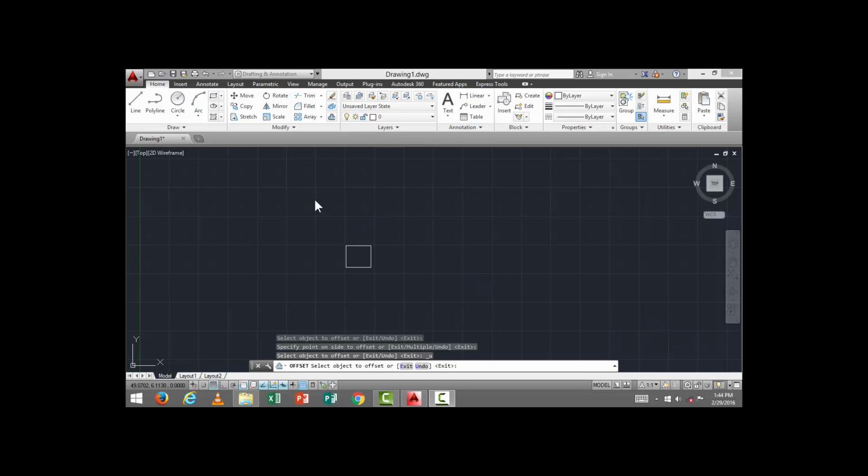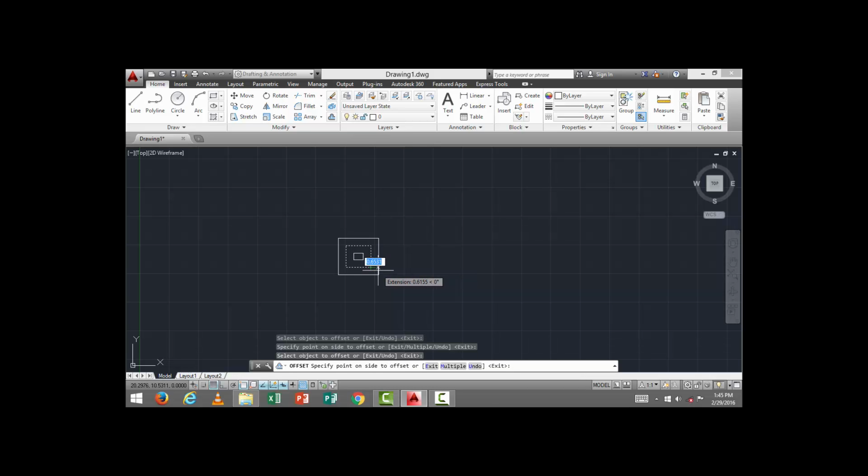From the top or in the draw panel, select the shape you want to create. The easy way to do this is to make the innermost shape. Click the inner object and click the offset icon in the modify panel. Click any endpoint and enter the distance desired between the objects.